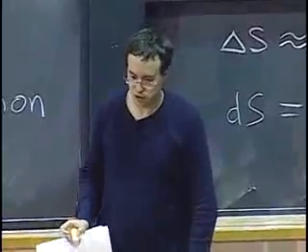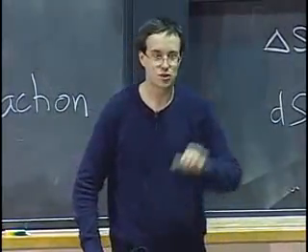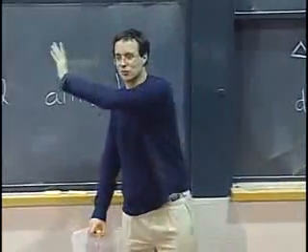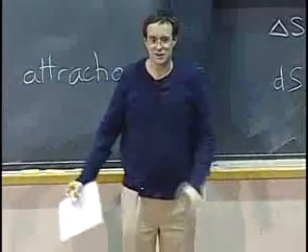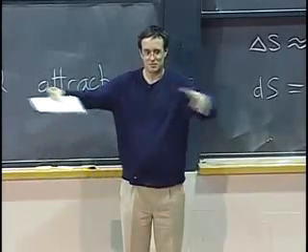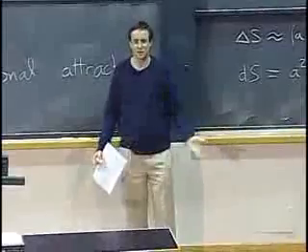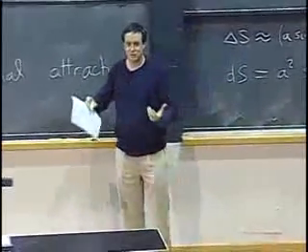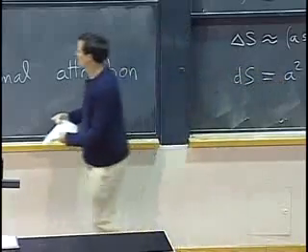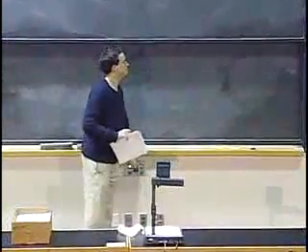So for example, if you want to understand why anything that you drop in this room will fall down, you have to understand that Boston is actually attracting it towards Boston, and Somerville is attracting it towards Somerville, and lots of things like that. And China, which is much further on the other side, is going to attract it towards China. But there's a lot of stuff on the other side of the Earth, and so overall, it's supposed to end up just going down. Okay, so now how to find this out? Well, you have to just integrate over the entire Earth. Okay, so let's try to see how that goes.